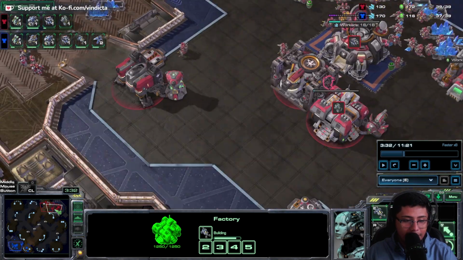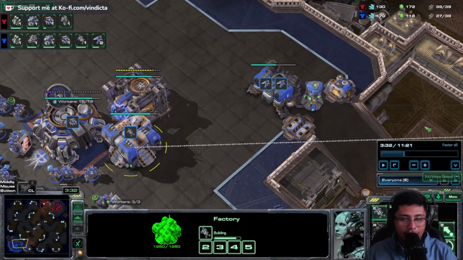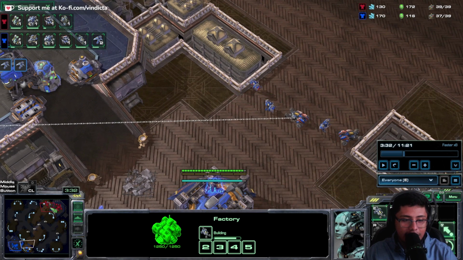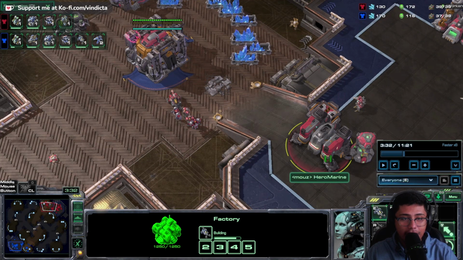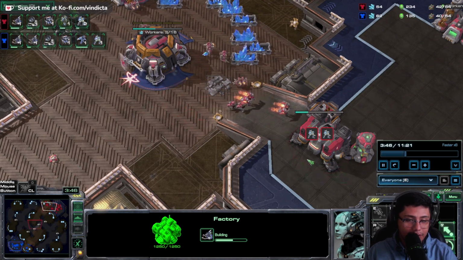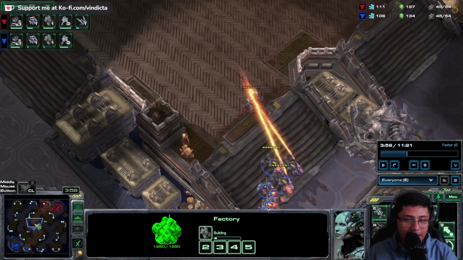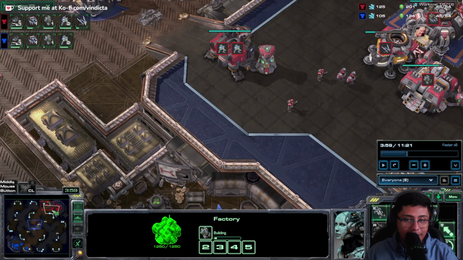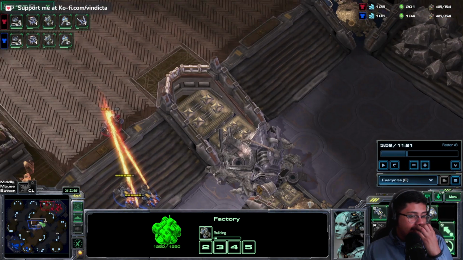Now, comparing the builds like I talked about, I went Reactor Reaper with 5 Reaper, 3 Hellion. Hero Marine's playing a pretty safe opener where he goes for the Widowmine. That's pretty smart, especially considering that he's playing on lag. And he actually puts his Hellion in the front to get better vision,